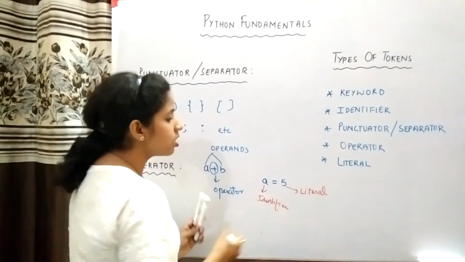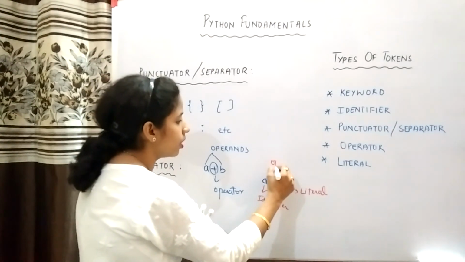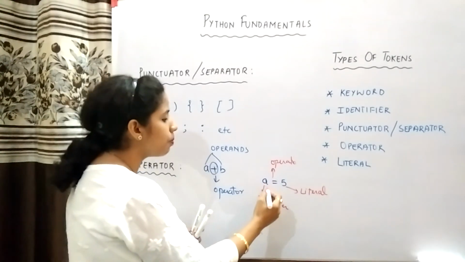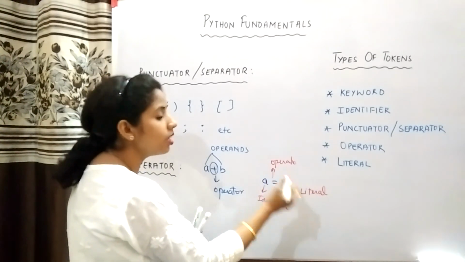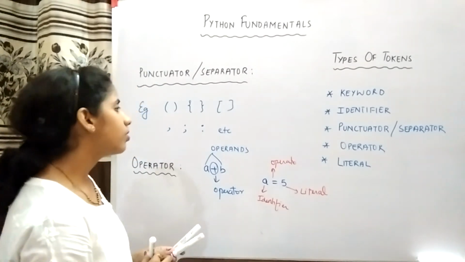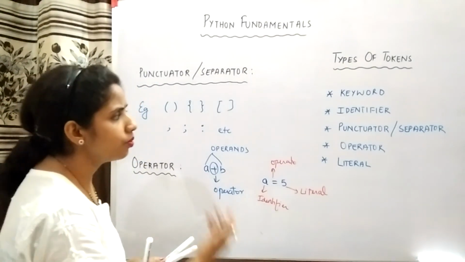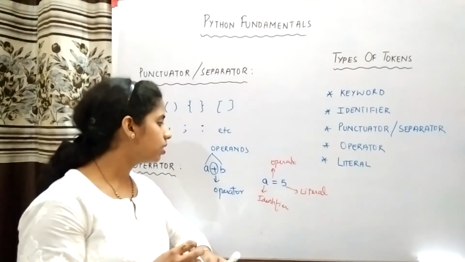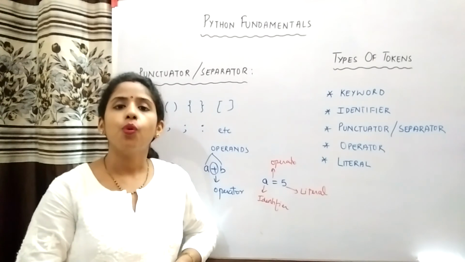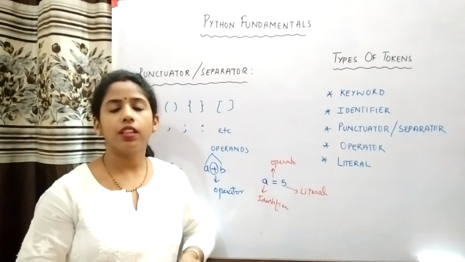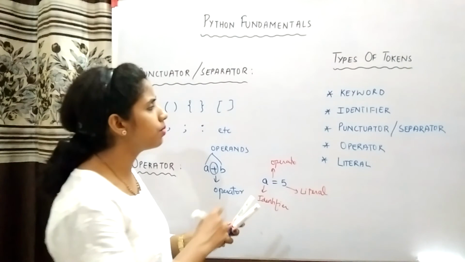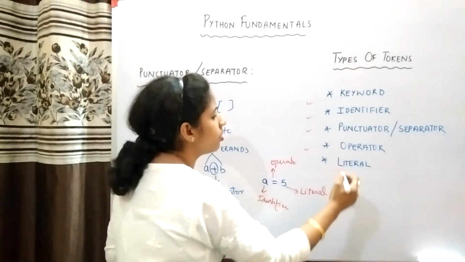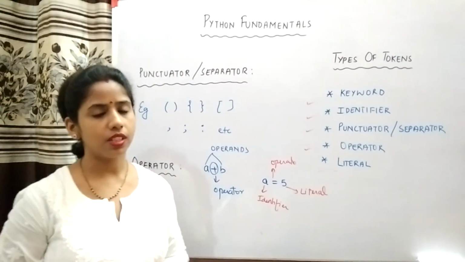So in this statement, this is a literal and this is an operator. So you can see this expression, a small expression, is made up of identifier, operator and literal. Okay, and right now in this statement there is no keyword, so let it be. Okay, so this is an example, and now with this I finish this lecture in which I have discussed all the 4 types of tokens, that is keyword, identifier, operator and punctuator, but only literal is left, that I will be discussing in the next lecture.